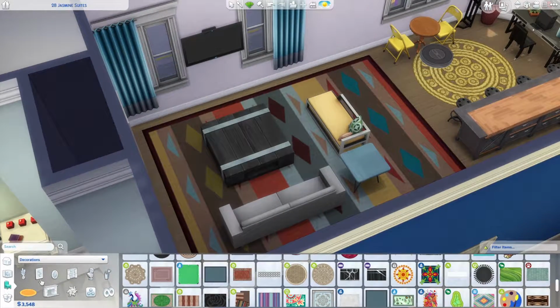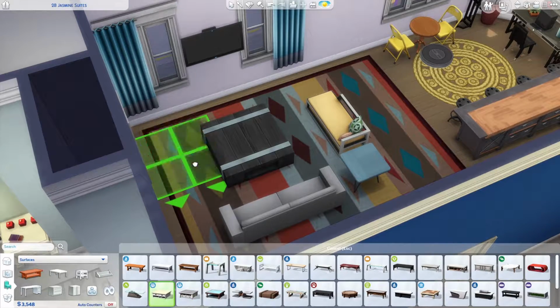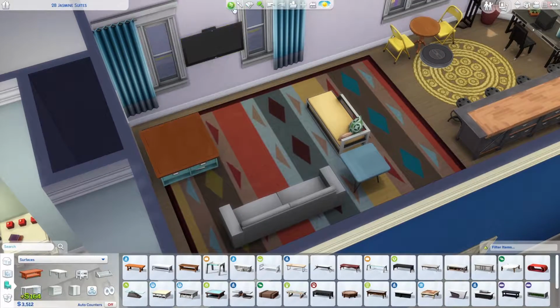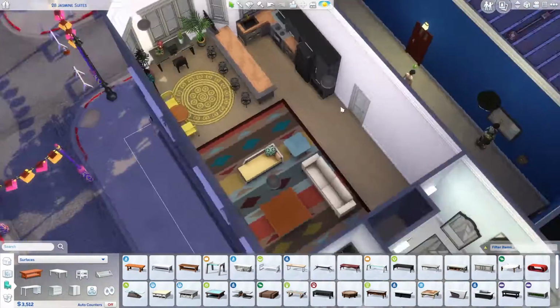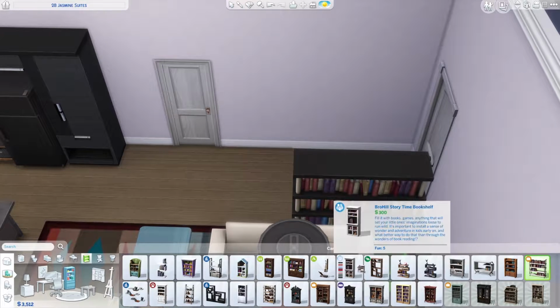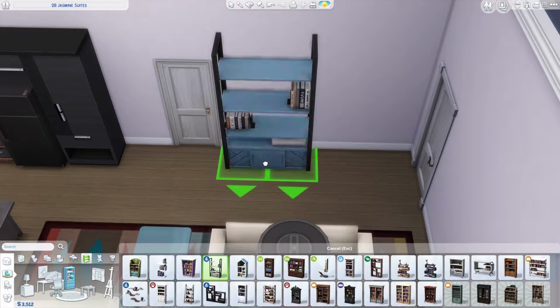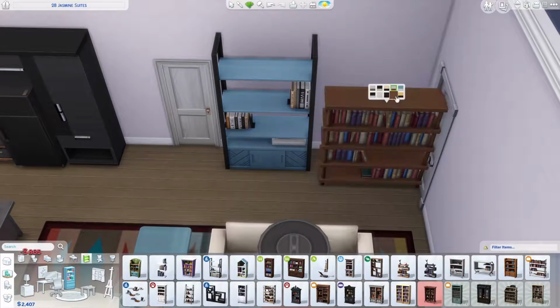But anyway, I am putting on the finishing touches here. You can see I decided to change the coffee table for the living space, and then I'm just switching up the couch colors because I wasn't exactly sure that I cared for the first ones that I picked out. And then filling out this space behind the couch so it's not so empty,